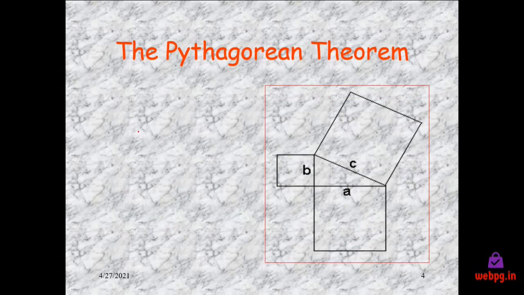Let's see here. If we consider this box, this image here, it is a 90-degree angle, right? Here it is a right-angled rectangle. So this particular portion is a right angle, right? So this is the 90-degree angle here. So ABC, C is the hypotenuse and the longest line here. We're going to find it using A and B; using the values of A as well as B, we will find out that it equals C.